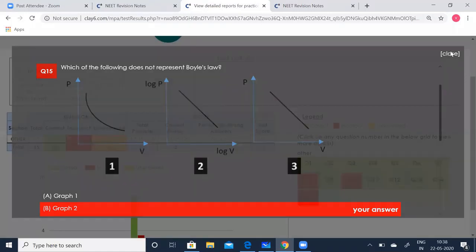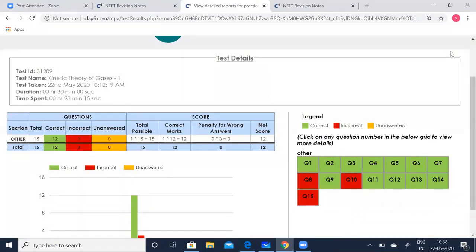So I went wrong in 3 questions. I just wanted you to know how to verify the wrong answers also. Like this, even if your answers go wrong, you can click on that and verify the explanation part. The green one says that you're done, you're correct. And the yellow one says that there are unanswered questions. If you have forgotten to save the answer, that would have been a yellow block saying that you have unanswered. So this is how you access the test, children.